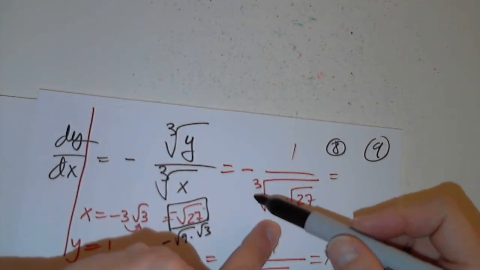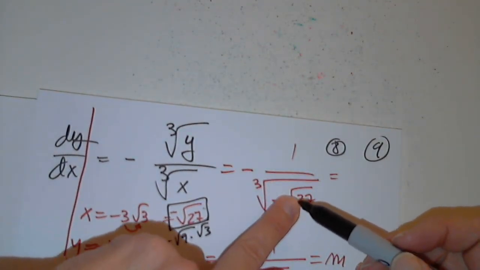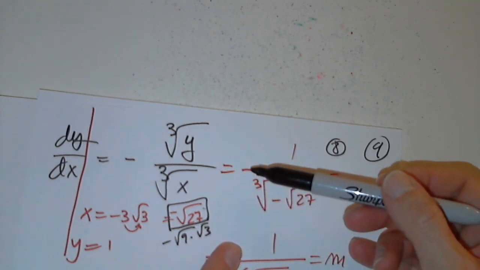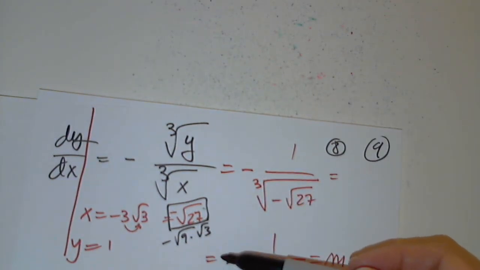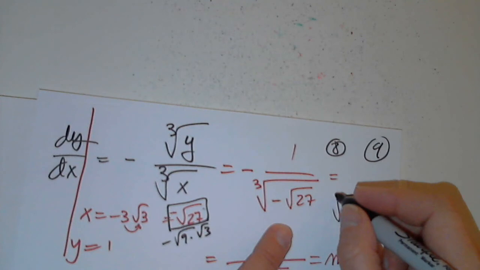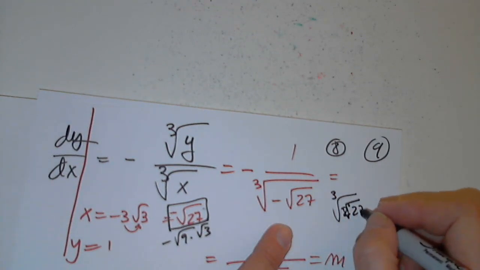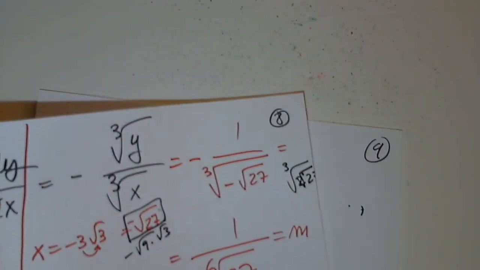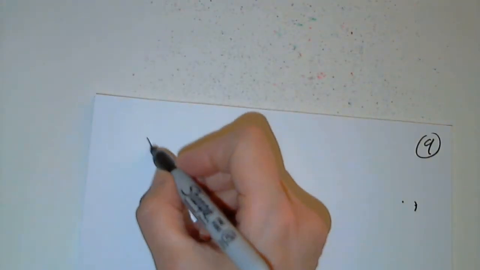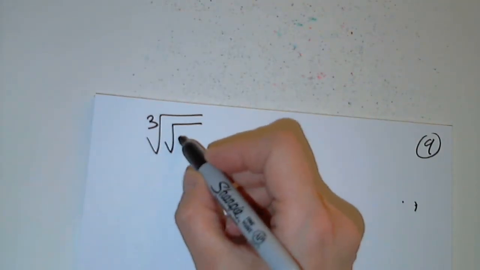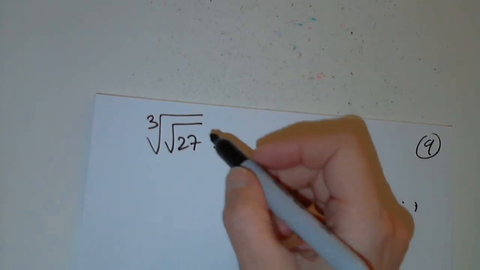And I said, when I take the cube root of a negative number, I get a negative number. So negative with negative will become positive. So now the cube root of the square root of 27. This is what we have to talk about, correct? Okay. So the cube root of the square root of 27 is